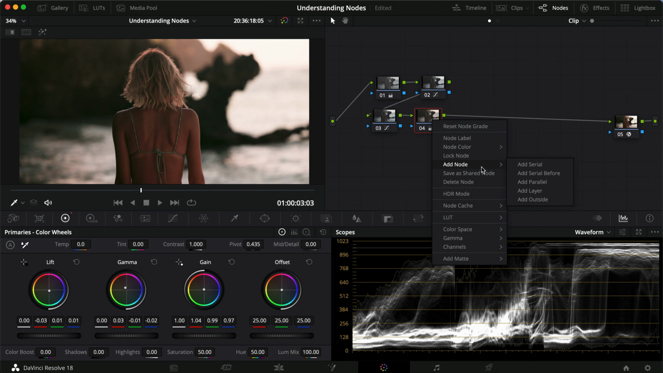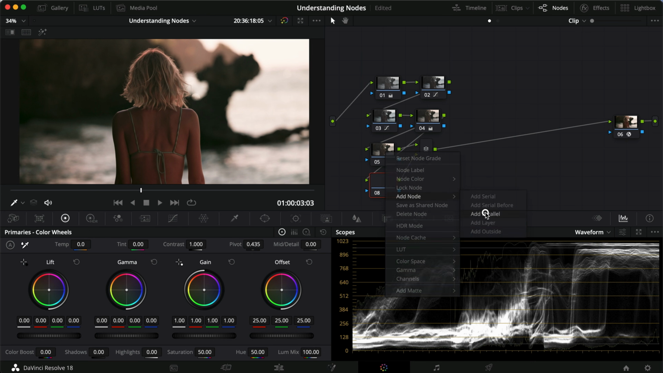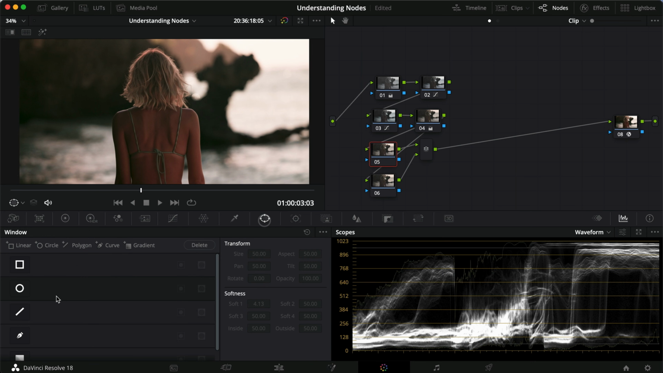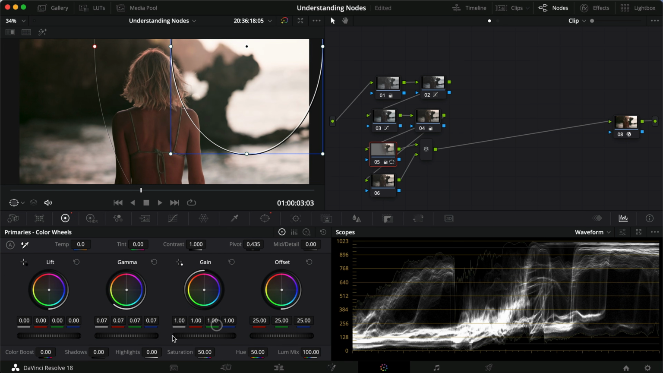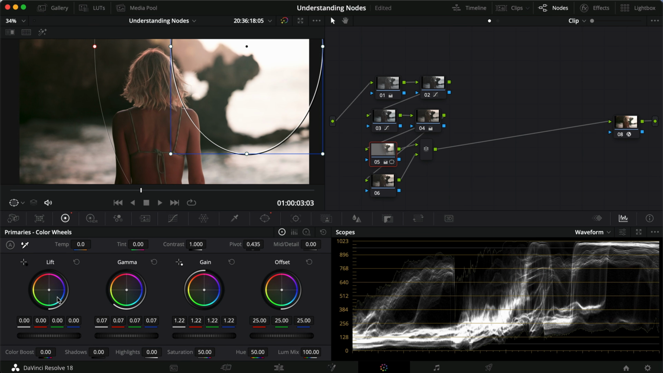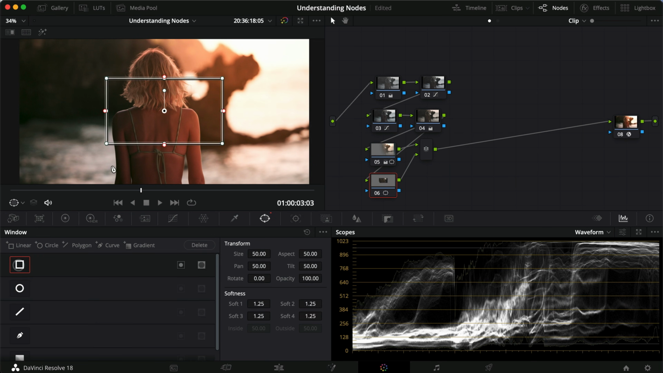Then we could be adding another serial node and say, okay, now we want to do some masking. So let's just do a few parallel nodes here and then do the same thing as what we did before. We want to create some more light or brightness over here. So just feathering this in, pulling up the gamma, pulling up the gain, creating some more brightness up here, maybe emulating that there's a sun here,